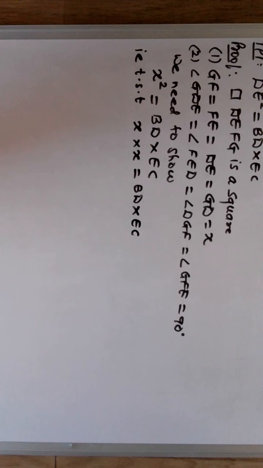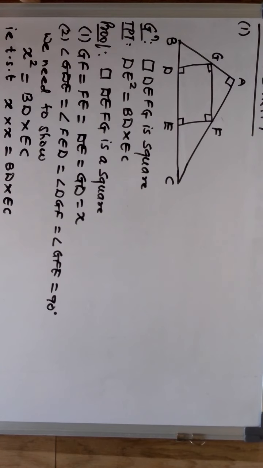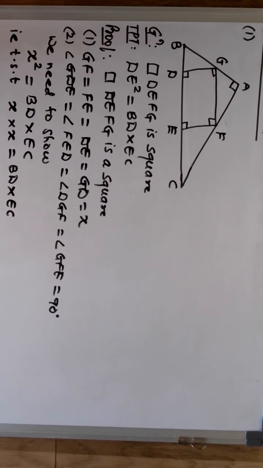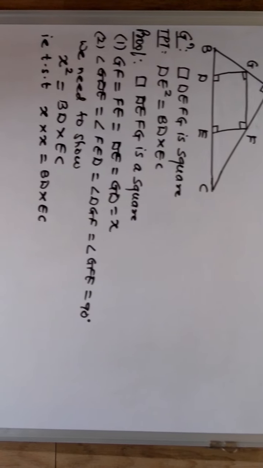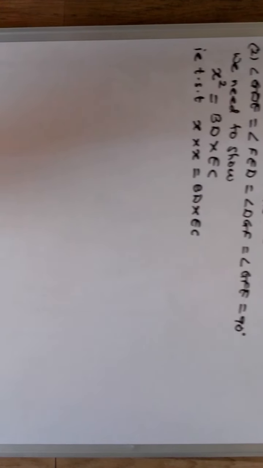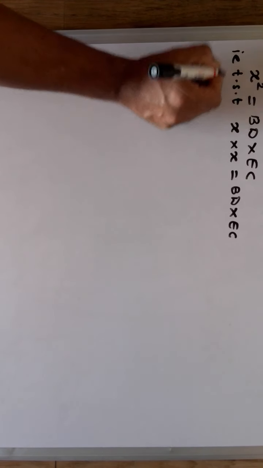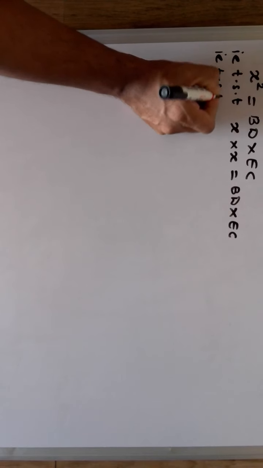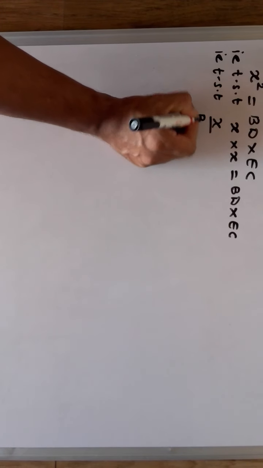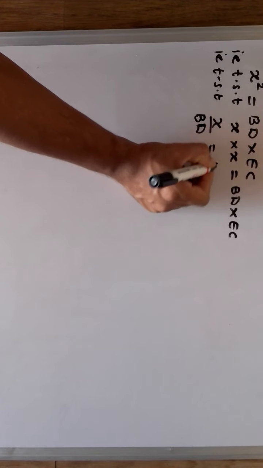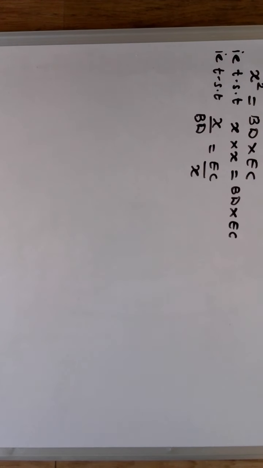Now, note down the figure once again, take a snapshot or draw it beside so that you will be able to understand the further part. Now when you come to this particular part, what do I feel? I will take 1x here, that means I can show that x is to BD as EC is to x. So I clearly get the ratio of two sides proportional, that is, two sides are in proportion.